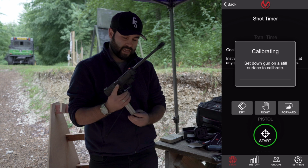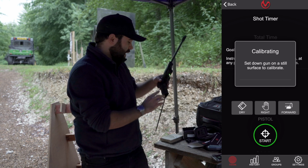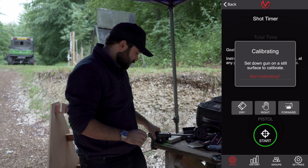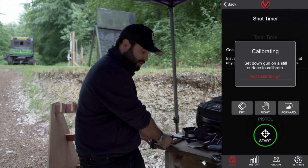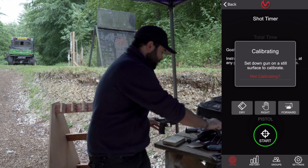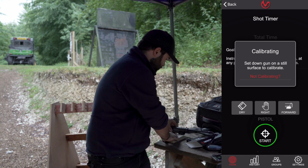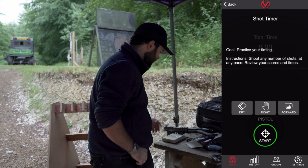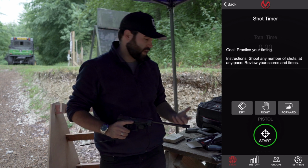Now of course I am using it in dry fire mode. You do have to calibrate the gun. As long as you've got somewhere that's flat and level, which this table most definitely is not, and it is very sensitive. The amount of movement that this device can detect is pretty impressive. Let's see if I can just wedge it up there. You can see it's just calibrated really quick, really snappy,